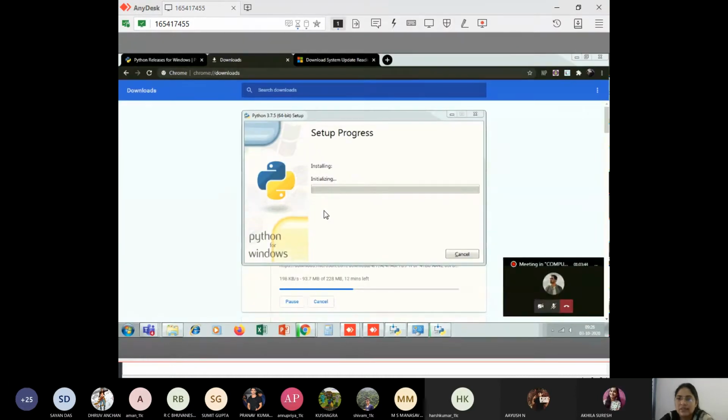Ma'am, here there are specific files. Which are the ones that I should be downloading? The 3.7.5. See, now in 3.7.5, there is no issue of update.